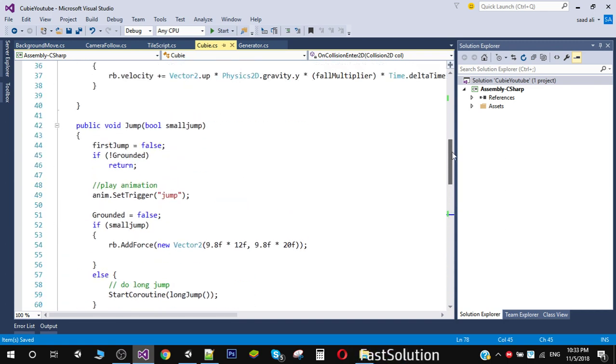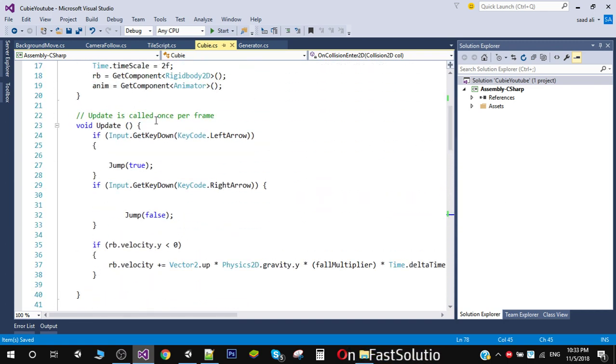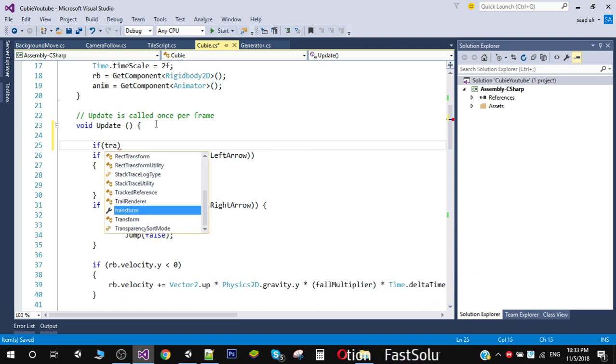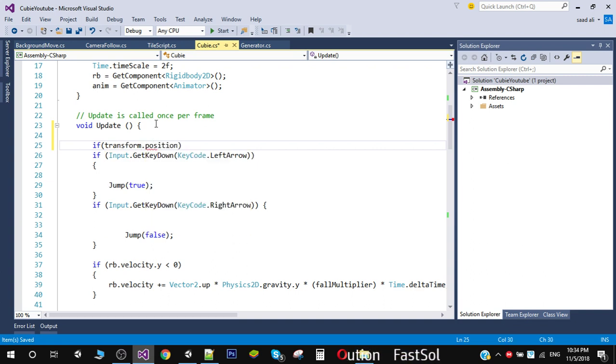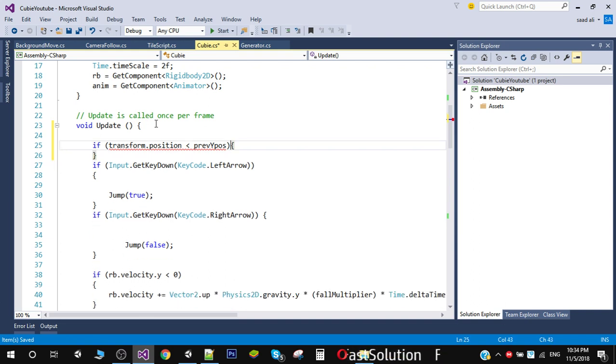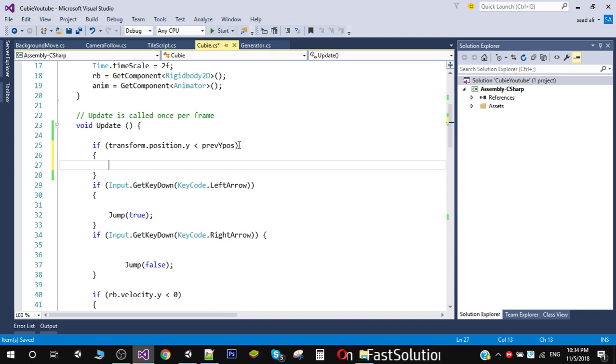Now in the update function, I will check if transform.position.y is less than previous y position. It means that now our player has fallen down. So now we are going to call the death function here. I am going to copy